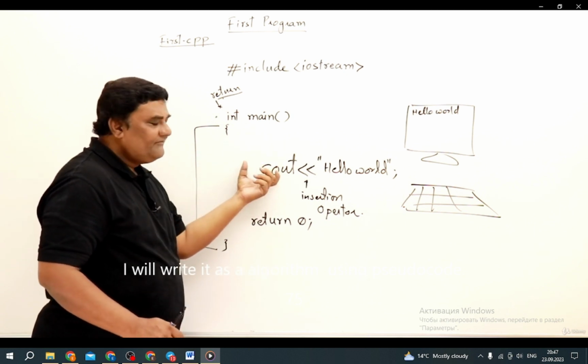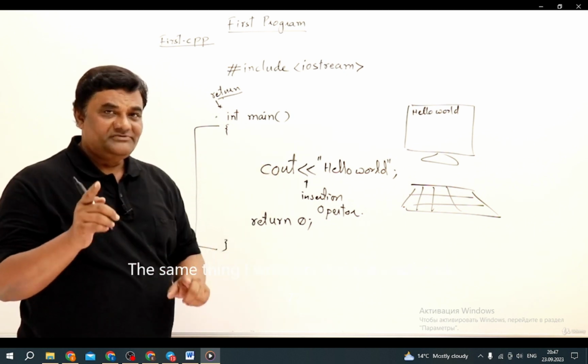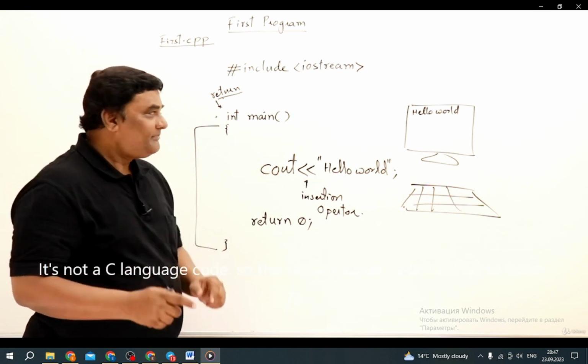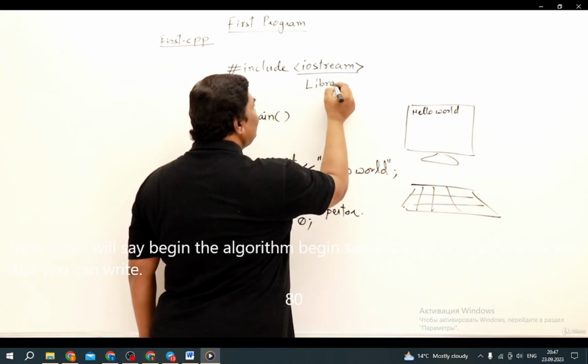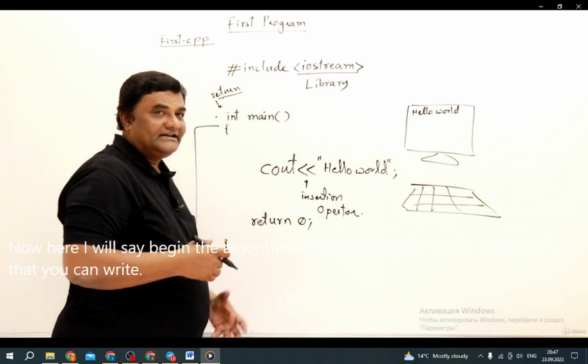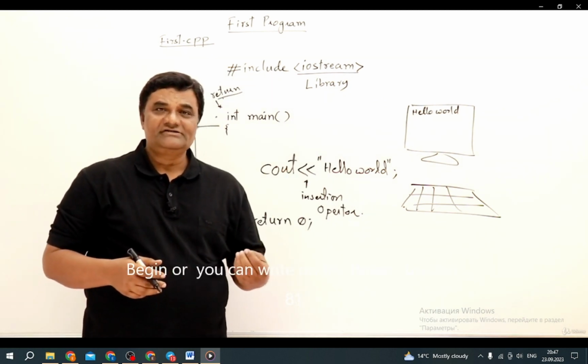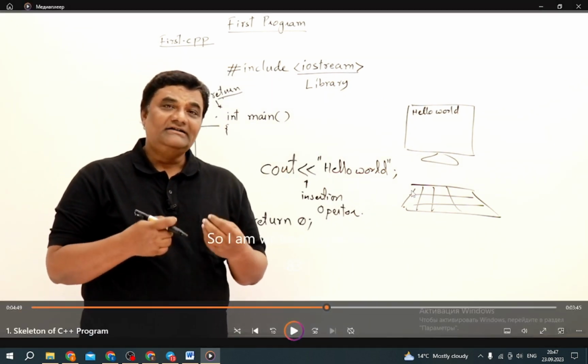Then whatever we are writing here, where did this cout come from? The cout object as well as the cin object are present inside this iostream header file. So actually this is a library. A library will contain the collection of built-in objects or functions that a programmer can use